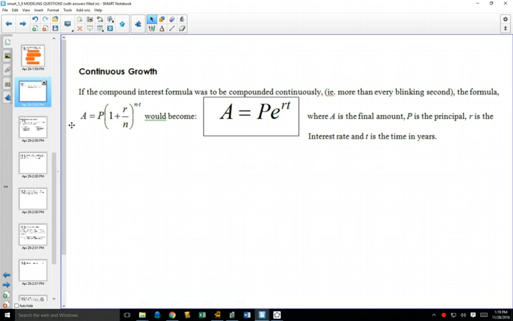And when it's compounded continuously, in other words, when n is a super big number, or as n goes to infinity, this formula changes to this formula. It still has A, which is your amount, P, which is your principal or your starting amount, but the number e appears. Your interest rate is still in there, and it's still as a decimal, and t is your time. You no longer have n because the compounding periods are infinite. It's continuous. And this formula is the formula that is used to model anything that has continuous growth.